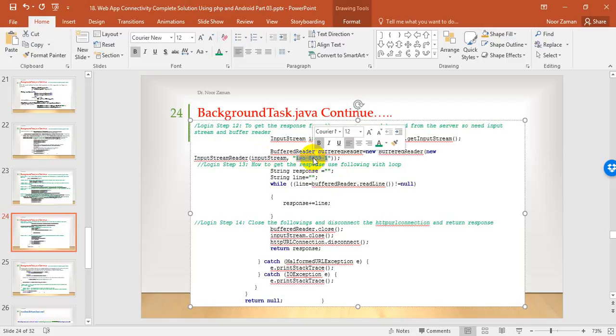And for the encoding for the buffer reader, please remember that this is ISO-8859-1. Now we are just going to get the response back. Once we get the response back after reading, we need to create one string variable, which is the response, and here we apply the loop. So we are applying the loop and we get the response back, reading line by line. This is the increment of the line, and then with step number 4, we are going to close